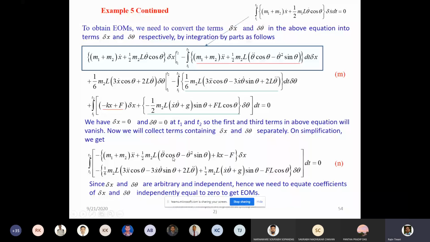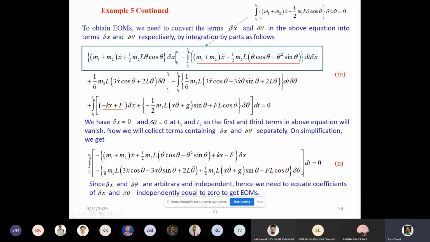Similarly, the green part, which contains the delta theta variation, can be combined into one. Here the aim, as I mentioned, was to eliminate the derivative of the variation of x and theta, so that we can collect all the similar terms of the variation of x in one place and all the variation of theta in one place. And because delta x and delta theta are two generalized coordinates, they're independent coordinates, and the variations